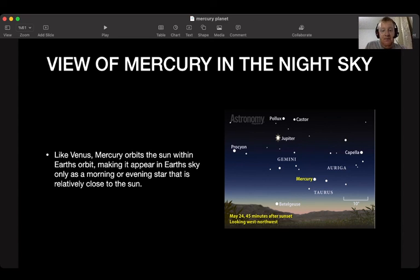So yeah, it only appears either in the evening sky or the morning sky, but not in the midnight sky, and no other times during the whole day and night in the 24 hours, just either in the mornings or the evenings, no other times. And as of now,